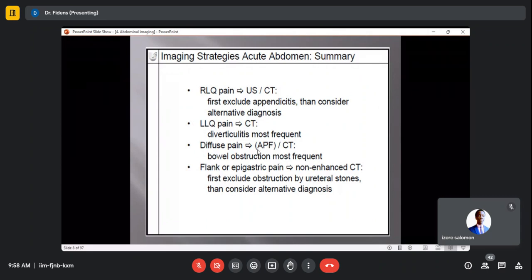For diffuse abdominal pain, as I told you, we normally start by plain abdominal X-ray, and when it is not clear, we go for CT scan. And in most of the cases, the cause of that diffuse abdominal pain is bowel obstruction, and bowel obstruction can be diagnosed by plain abdominal X-ray normally. When the pain is